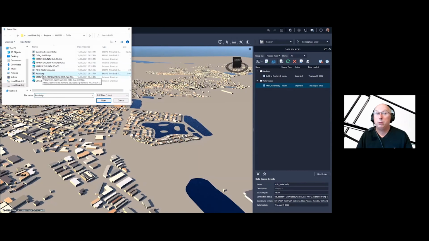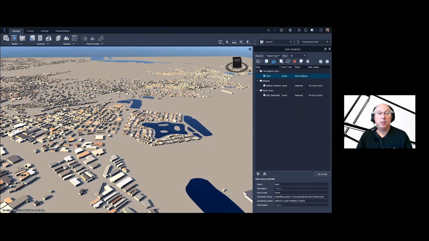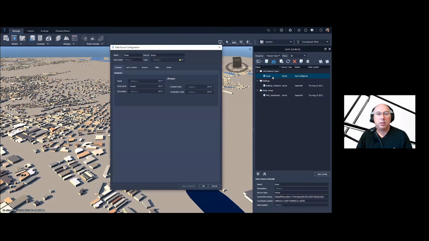So let's bring in the roads this time. So we'll bring in the roads. Not configured. Same as the other two. Guess what? It's brought in, but not configured. So guess what we have to do? We have to go in and say they're roads under the type. So here's the dropdown of built-in things. We have culverts, we've got railways, rights of way, all these sorts of things. Guess what these are? They're roads. So we're going to pick the roads in the dropdown box.